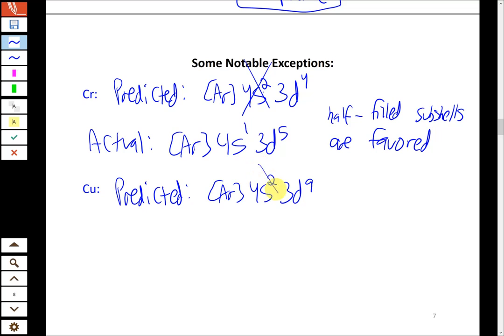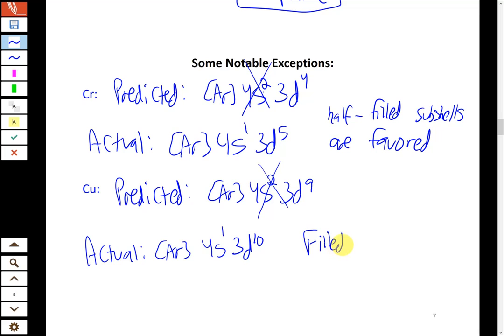But again, that's not quite correct, and we're going to do a similar thing here. We're going to take one electron from 4s and bump it up into 3d. So the actual configuration for copper is 4s1, 3d10, where in this case, we're able to fill the D shell completely, go from 3d9 to 3d10, which is now completely filled. So without getting into the quantum mechanical reasons for that, this filled D subshell ends up being favored, so it's net favorable to promote one electron